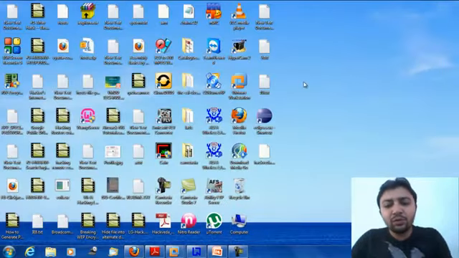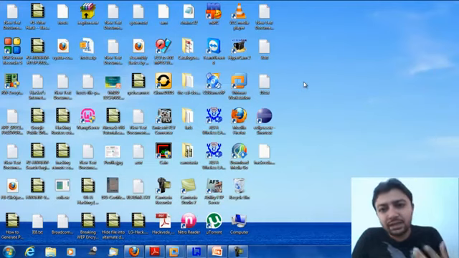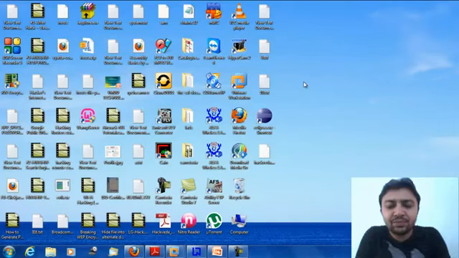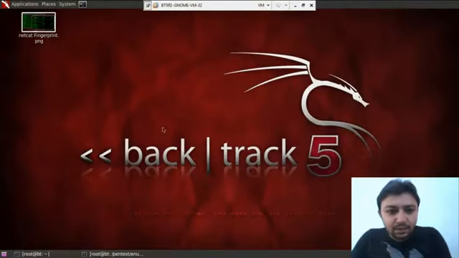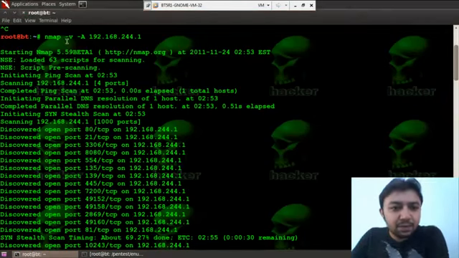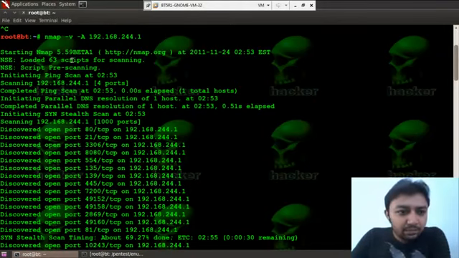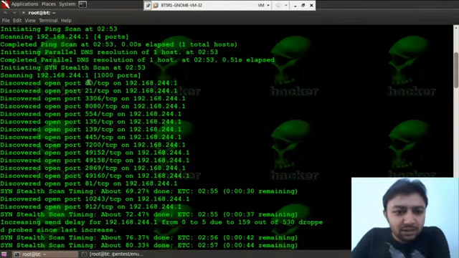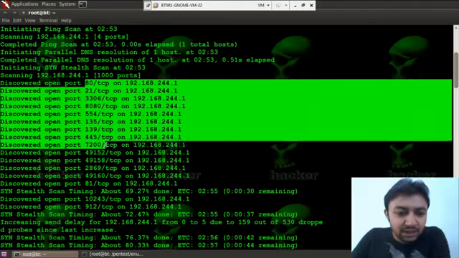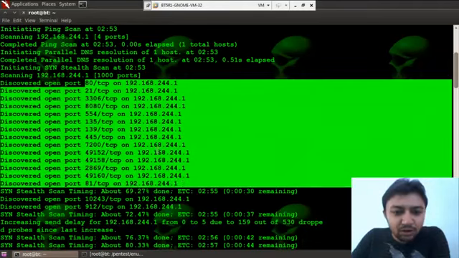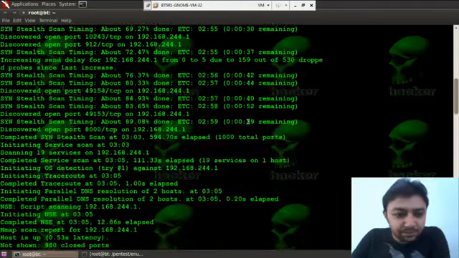So now we will keep this 192.168.244.1 IP as our host IP where a web server is running. So how can we analyze it? I have just fired an Nmap command. This is the command which I have fired, and it scanned all these particular ports. It analyzed that these ports are open on this particular web server.